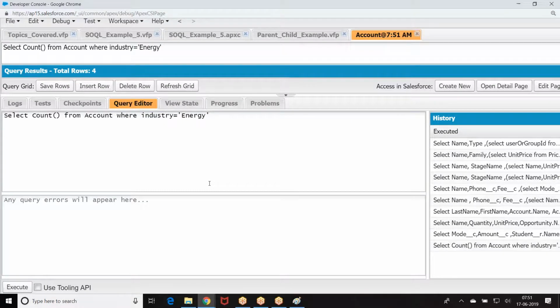Now, I want to create a new account record. Before creating it, I want to check, are there any duplicate records? If there are any duplicate records, I want to throw an error message. If there are none, I want to save it. Say I got an inquiry and I am trying to insert it. Before it is inserted into the database, it has to check if you have a duplicate inquiry with the same name. If so, throw an error message that data already exists. If it doesn't exist, then save it.